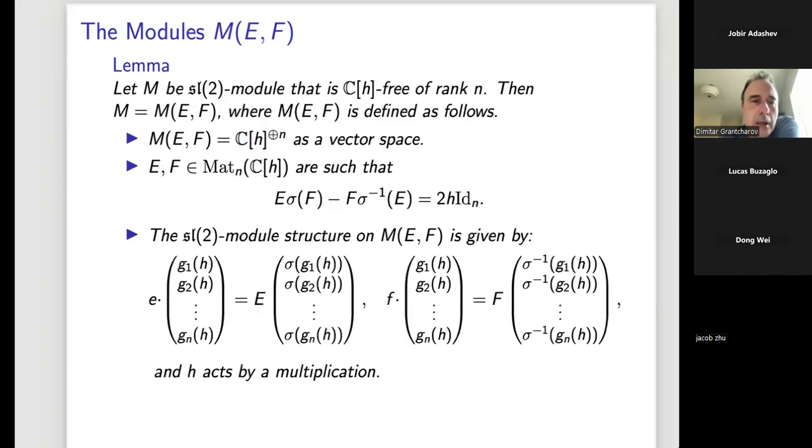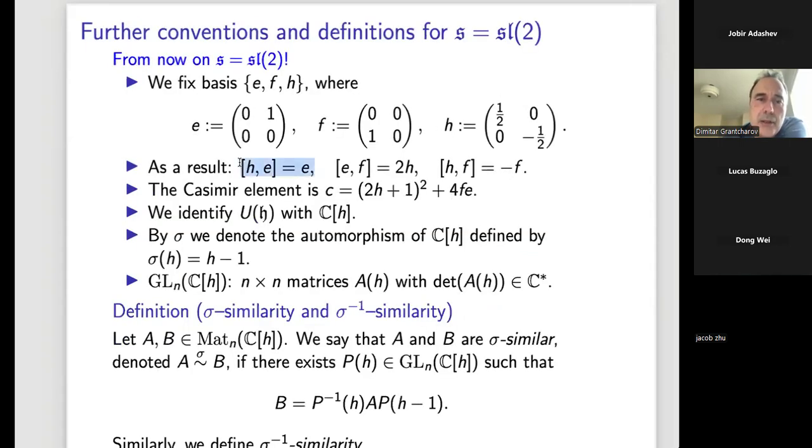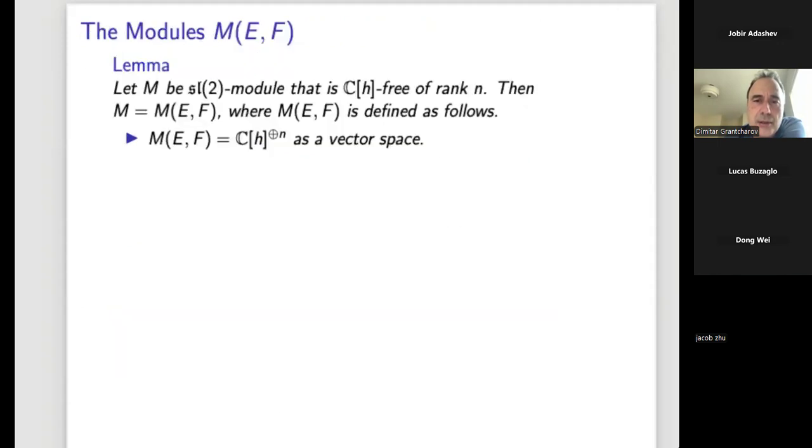So how does small e act? Small e acts by a matrix E. But in addition, we need this sigma. Once again, this sigma is super important, right? The shift. And then also for F, we have the same thing. We have a matrix F, n by n, and now we need sigma inverse. As I mentioned, H acts by a multiplication by a scalar. This sigma and sigma inverse easily follow from this condition and this condition. So it's not a surprise.